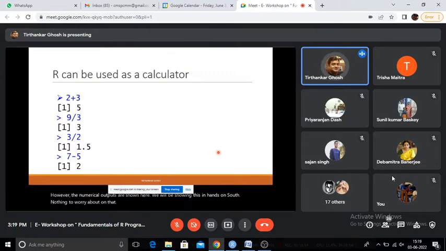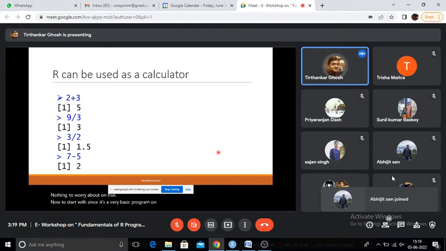Now, to start with, since it's a very basic program on R, we can start from the very basics. Once you install R, it can be used as a calculator. If you do not have any kind of programming knowledge, you can use it as a calculator also.